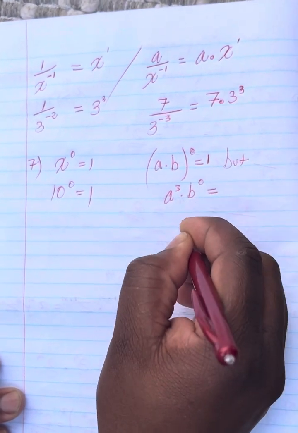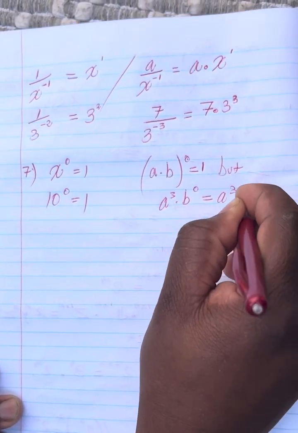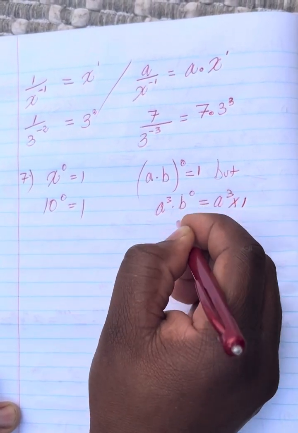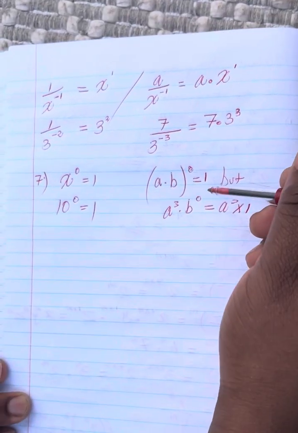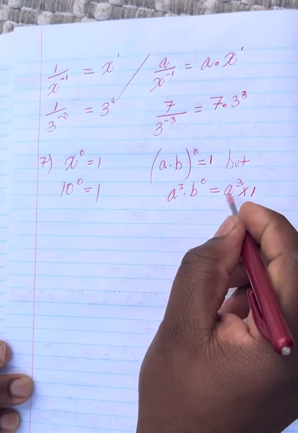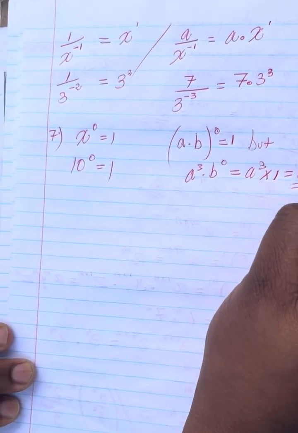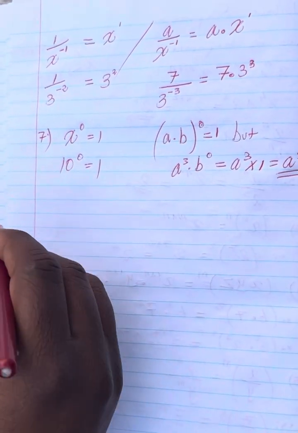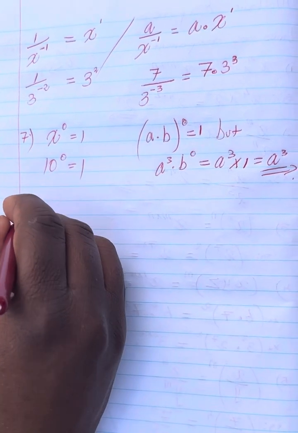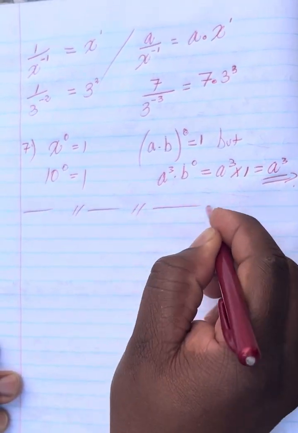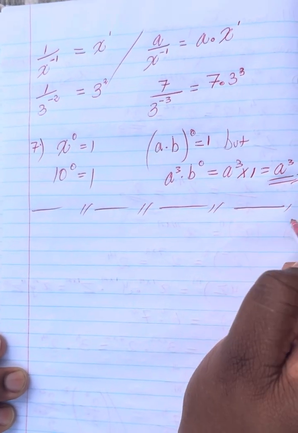But if I'm given a to the power of 3 multiplied by b to the power of 0, this is the same as what? a to the power of 3 multiplied by 1, because only the one number raised to the power of 0 is given as 1. So a to the power of 3 multiplied by 1 is the same as a to the power of positive 3. So I'll be giving more exercises and I'll demonstrate how